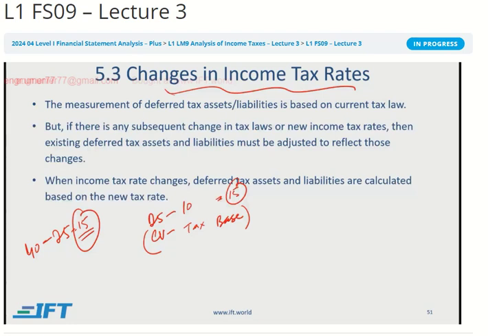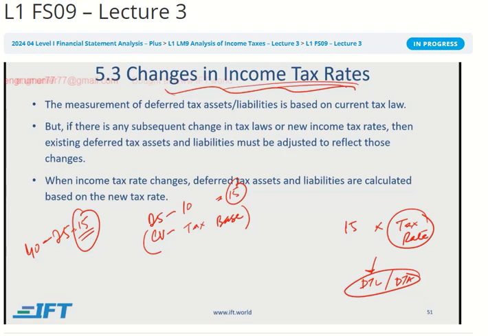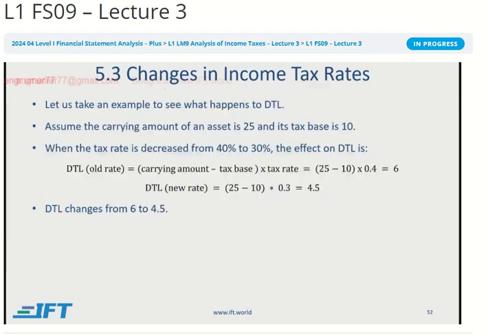Now, this amount is obviously multiplied with the tax rate to find out what will the tax implication be, and that is what will help us calculate what will be the deferred tax asset or deferred tax liability. But the point is that if there is a change in this tax rate going forward, right? So if the tax rate goes up, whether we have recorded a deferred tax asset or deferred tax liability, either of them will be going up, right? So that is the important thing to understand, that if your tax rate goes up, so let's say it is,